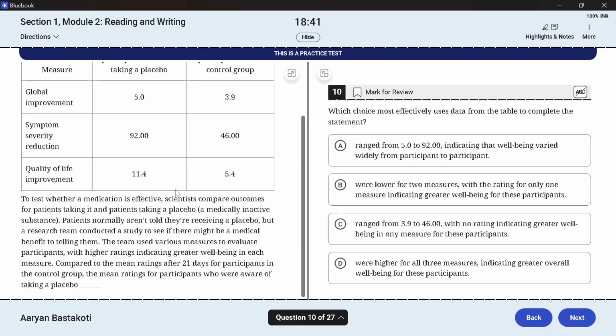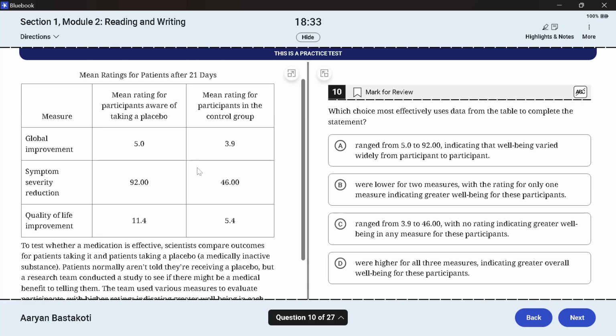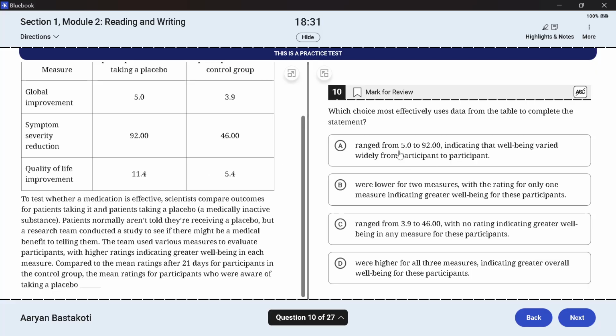Ranged from 5 to 92, indicating the well-being varied widely from participant to participant. This seems to connect two different tables. Were lower for two measures, with the rating for only one measure indicating greater well-being for these participants. Ranged from 3.9 to 46, with no rating indicating